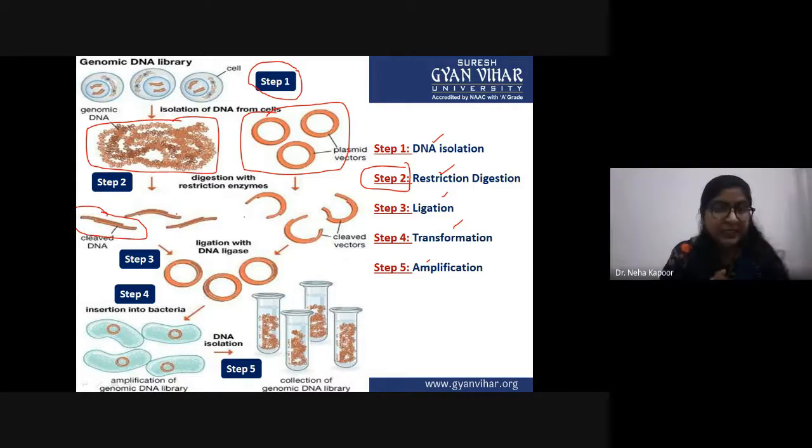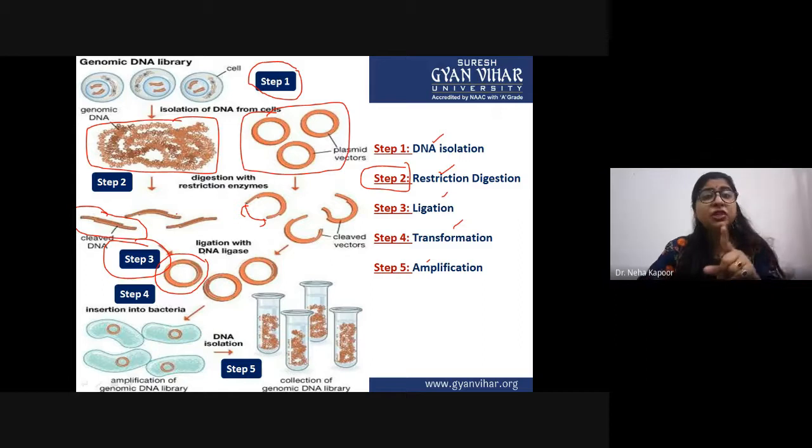That is step 3, ligation. So this is step 3, in which inside this vector, this area is blank because we have digested it with a restriction endonuclease. Whenever you go for the ligation, the different DNA fragments that are generated would get ligated. So as you can see, this is the ligated, a complete circularized vector is again obtained, but this is a recombinant vector, because each of these vectors would be containing different DNA fragments,